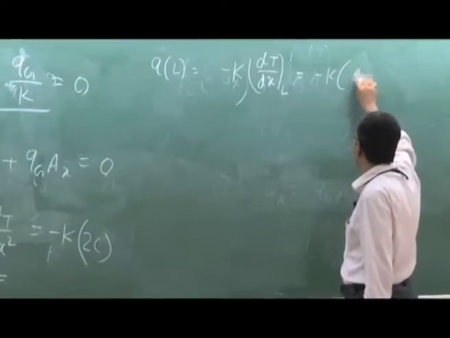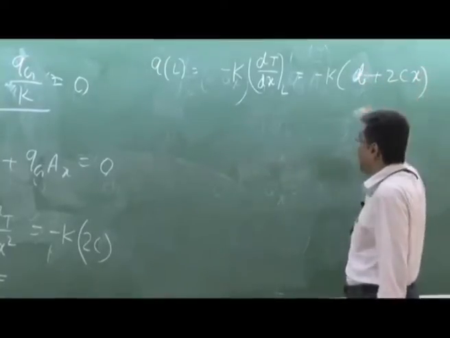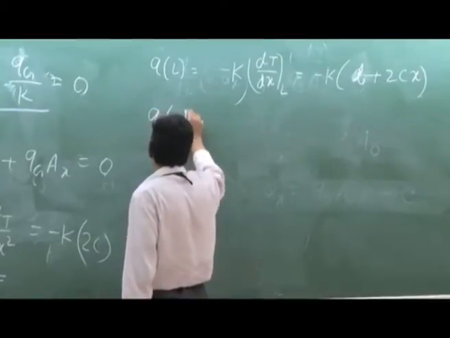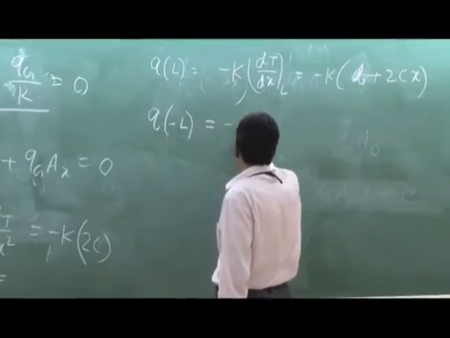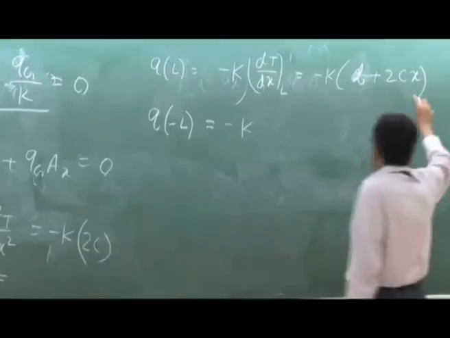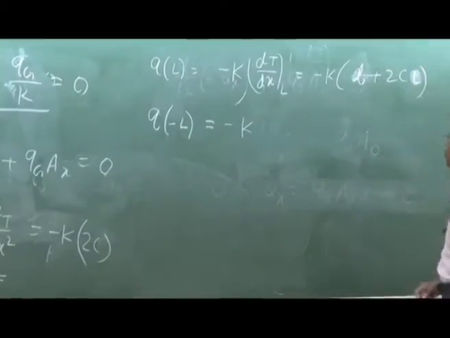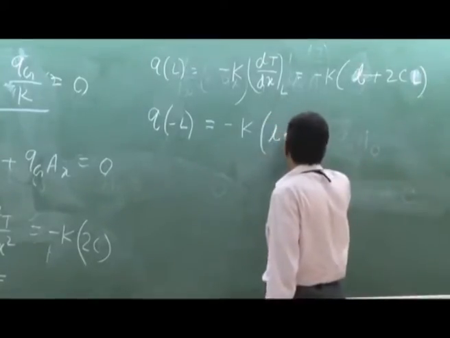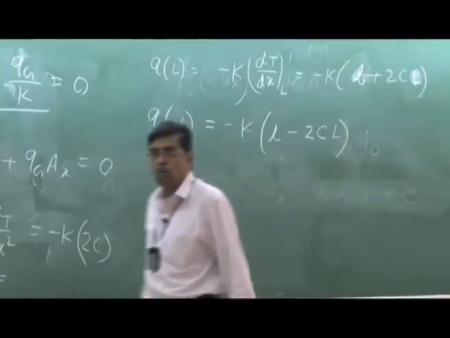B plus, oh God, B plus 2Cx. Similarly, you can find out q at minus L is equal to minus K